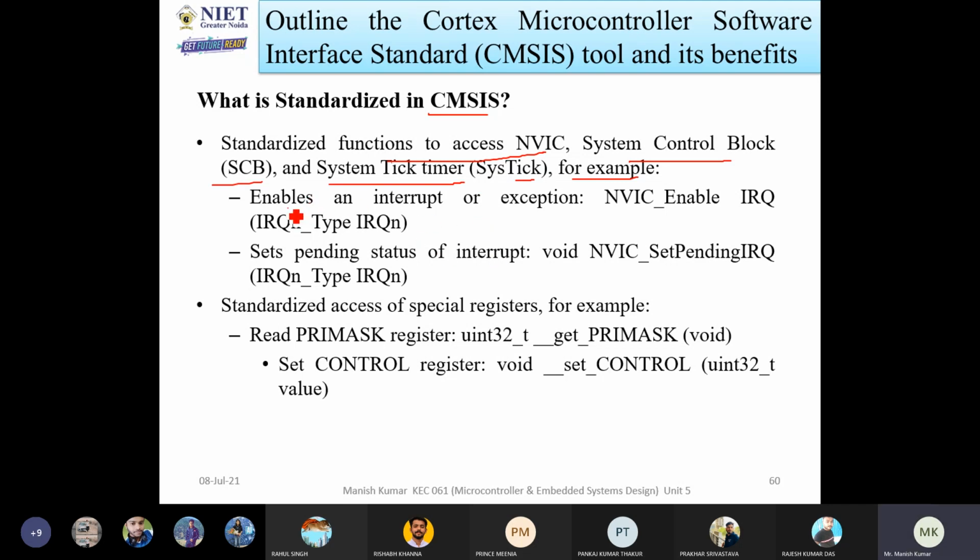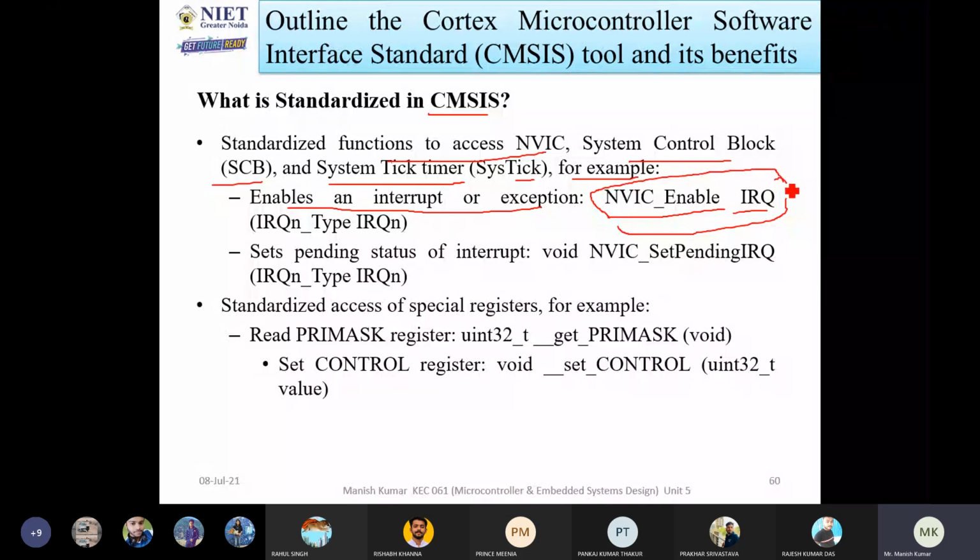Now, for example, to enable an interrupt or exceptions: if you want to enable the interrupts or the exceptions, then you can use NVIC underscore enable IRQ. So NVIC underscore enable means that the nested vector interrupt controller is going to enable the interrupt request. So IRQ indicates interrupt request. Whenever you enable an interrupt request, it means that this controller will be able to handle different types of interrupts, like IRQn_Type IRQn.